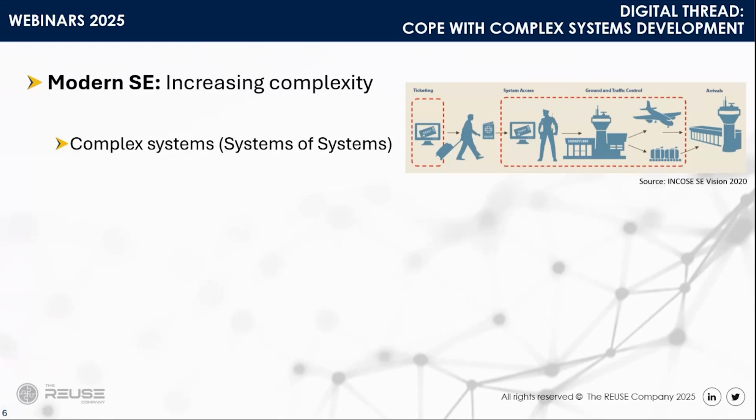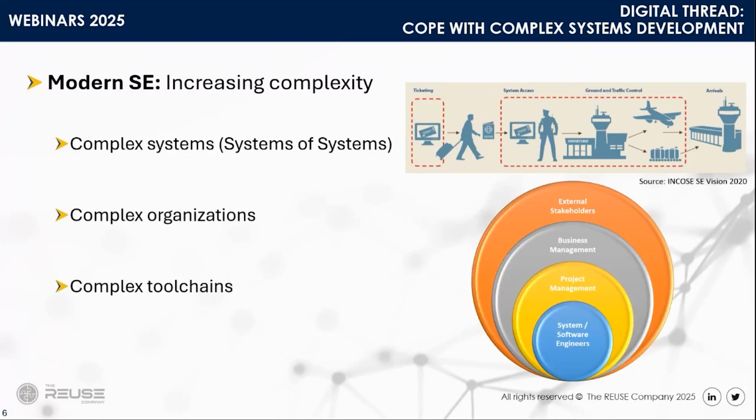And because these complex systems also go with complex organizations, we need to consider different stakeholders, different entities, different projects working together, providers working with manufacturers, and so on. So we need to adapt to the complexity of the systems. And the consequence of these 2 first complexities is that we have complex tool chains. That means we need to connect more heterogeneous tools together, and make sure that we have a complete understanding of the life cycle and how these tools are